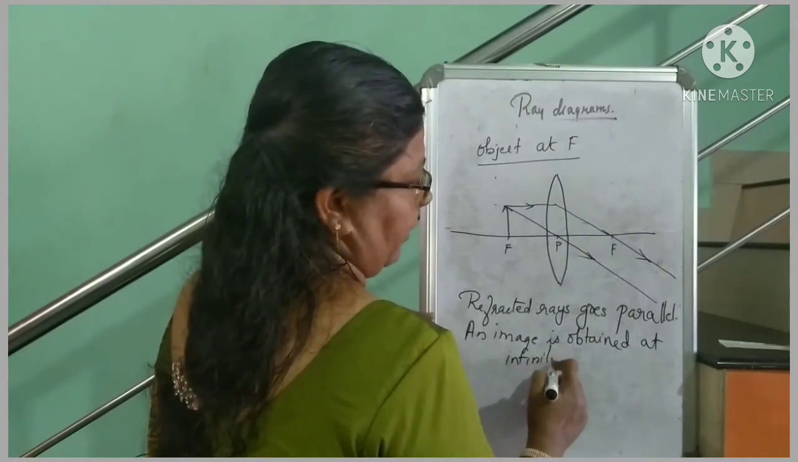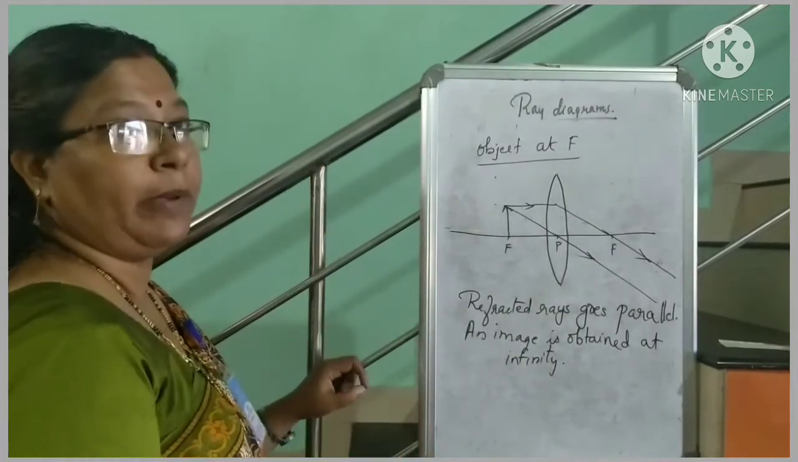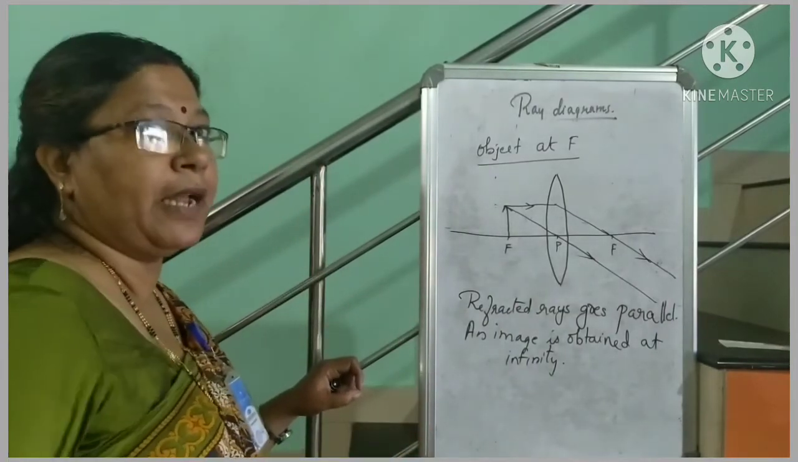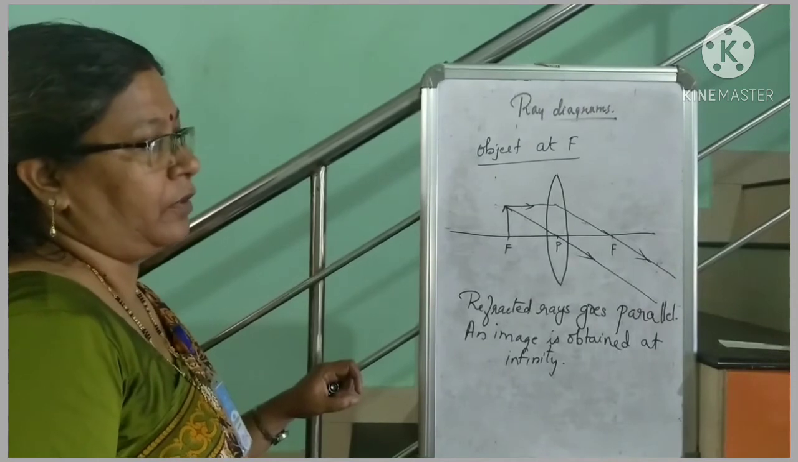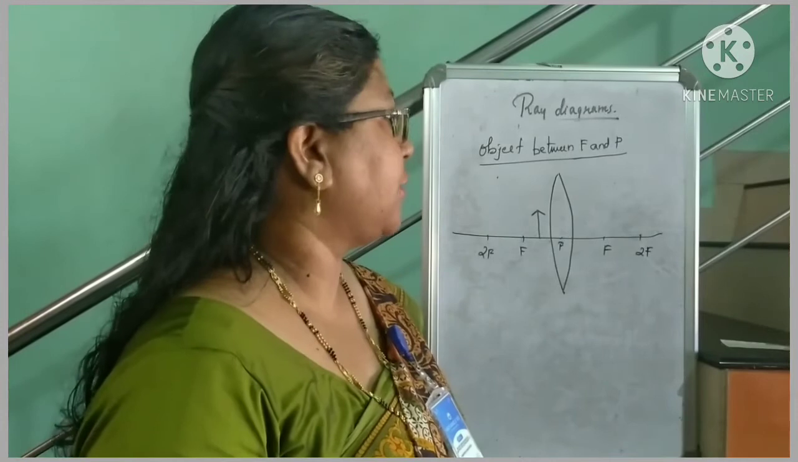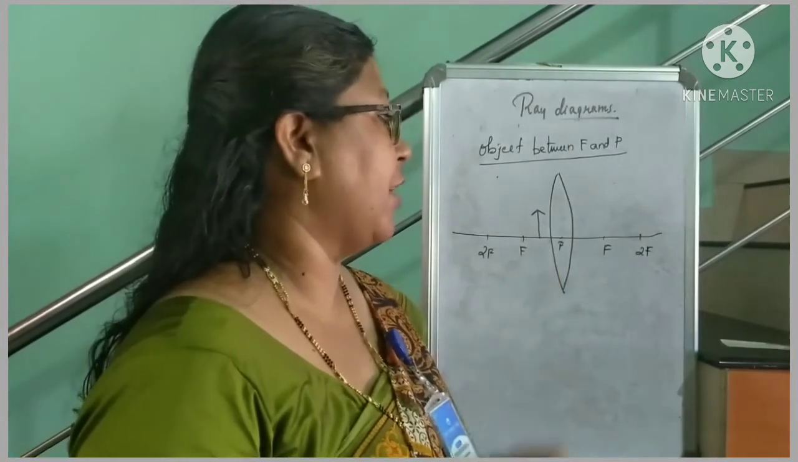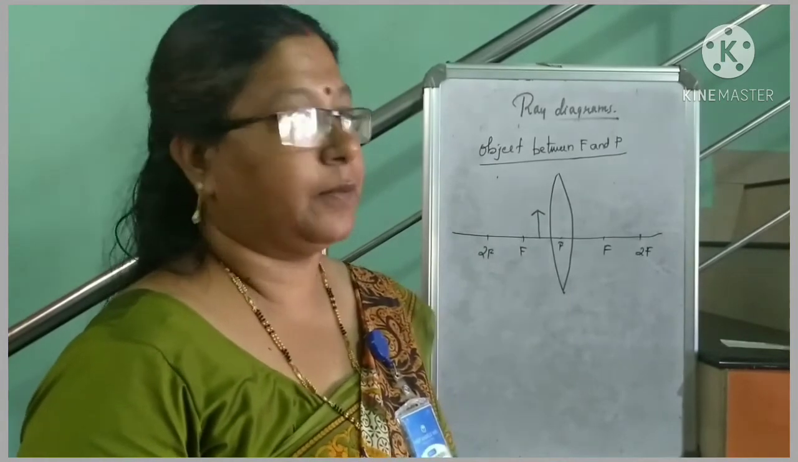An image is obtained at infinity, or more clearly we can say no image is obtained, when an object is kept at f. Understood? Next one is an object kept between f and p in front of a convex lens. So here,